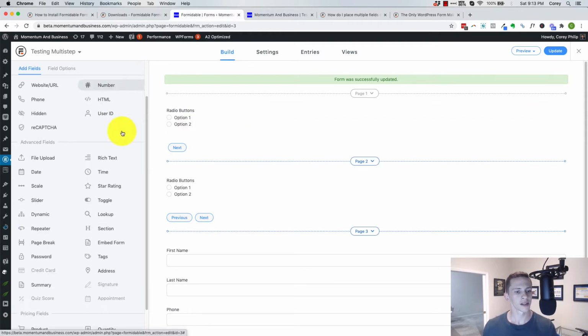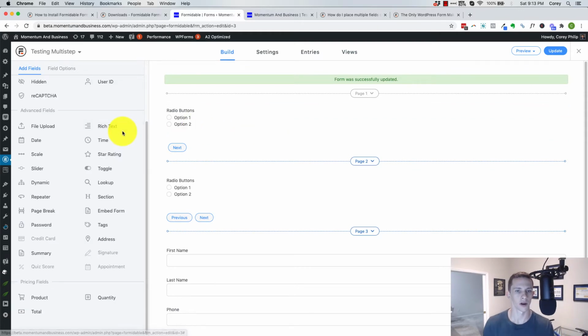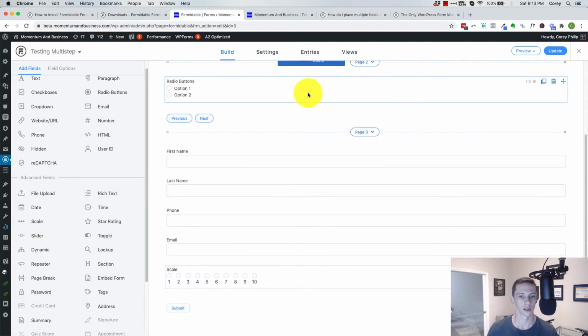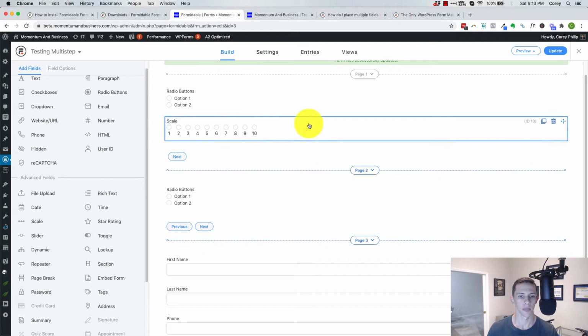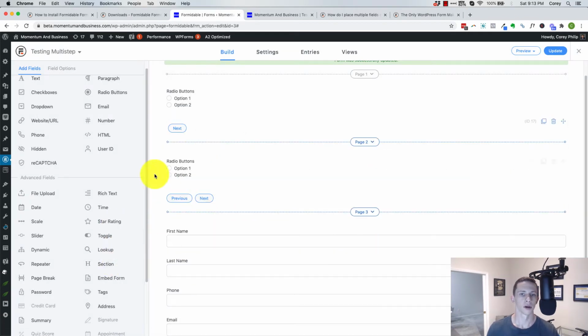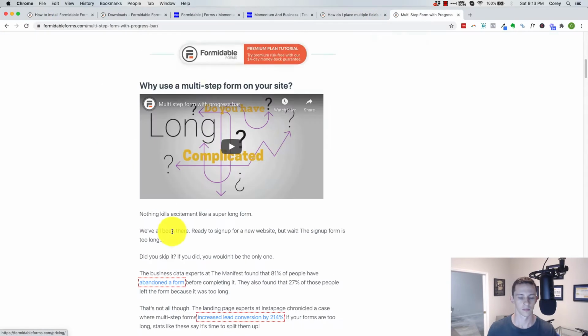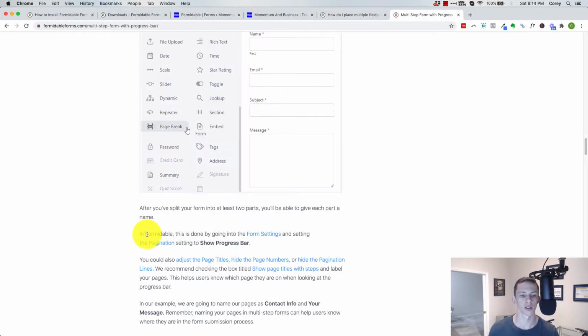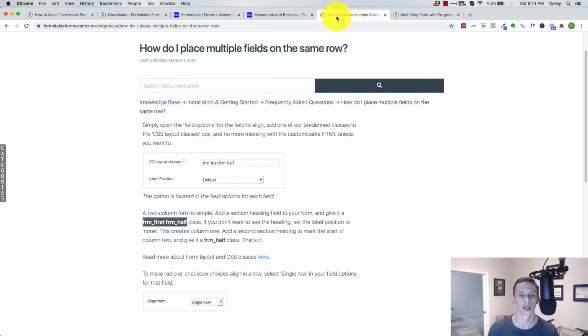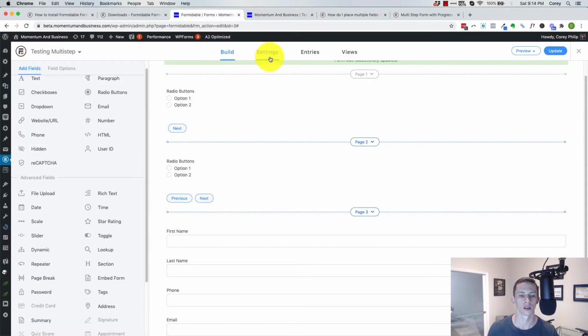Now, is there an option for a progress bar? I'm not seeing anything too cleanly displayed. What is a scale? Oh, so it's just like a fill in your rating. I don't know. Let me Google this real quick here. Okay. So adding a progress bar is done by going to the form settings and setting the pagination to show a progress bar. So if we go settings,